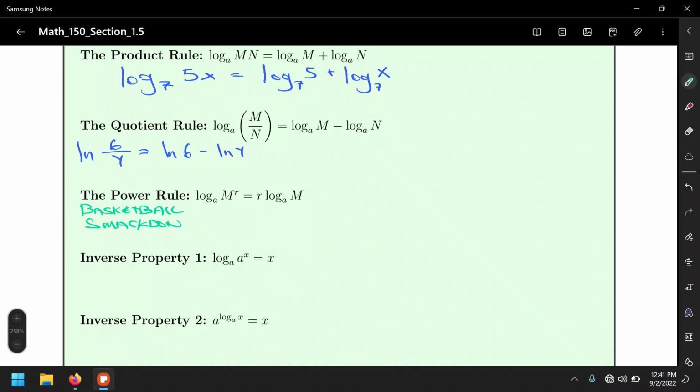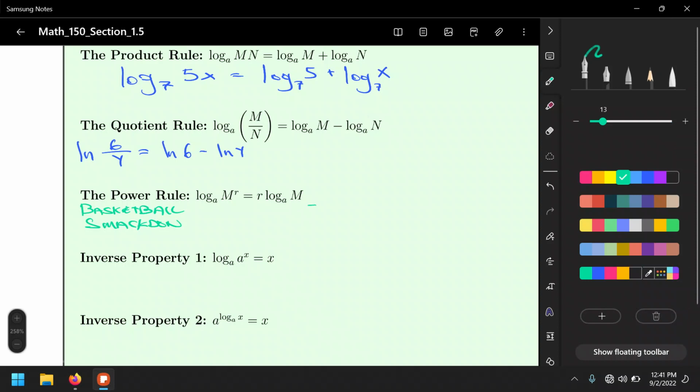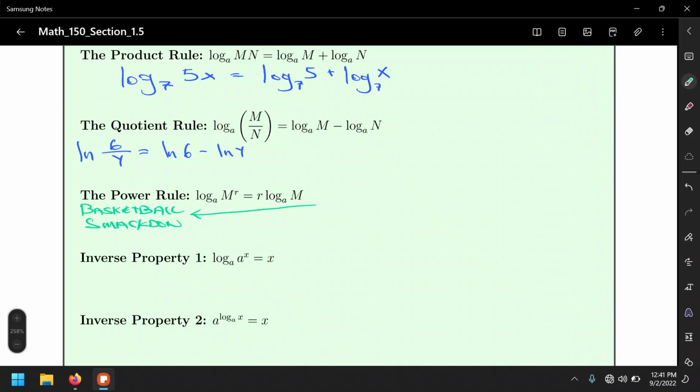Why? Well, if we use this rule in this direction, what are we doing? This r is becoming a power, isn't it? This coefficient becomes a power, like basketball, right? In this direction it's basketball. And in the other direction, it's the power jumping in the front as a coefficient, that's smackdown. All right, so that's a very important